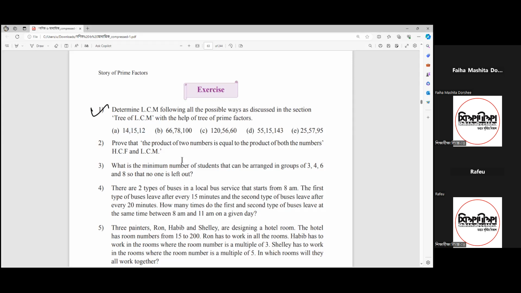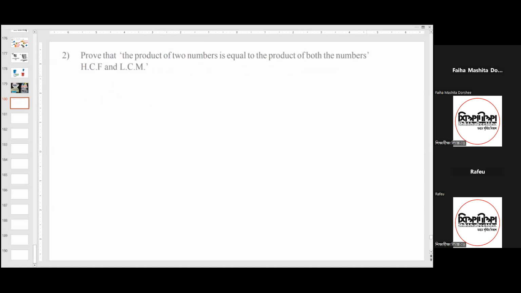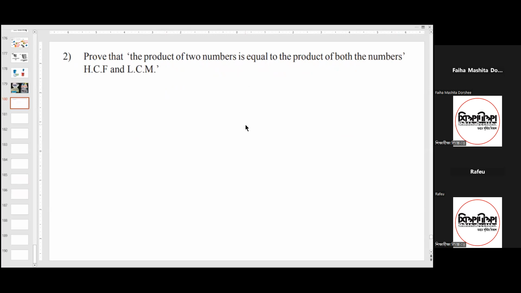ওকে। সো আলটিমেটলি এখানে আমরা সেকেন্ড যে কোশ্চেনটা, এই কোশ্চেনটা নিয়ে একটু কথা বলি। এই কোশ্চেনের সলিউশন জানো তোমরা? এই কোশ্চেন করতে পারো? হ্যালো, জি স্যার। Yes, sir. পারি। Can I give you an idea? বলেন।